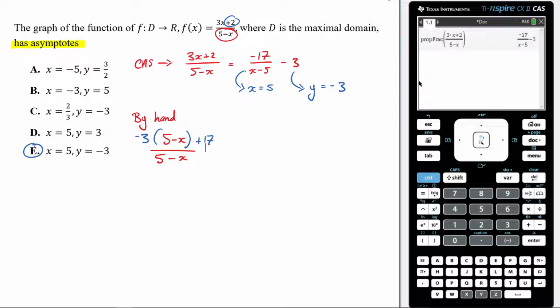And as you can see, what I have here is the same thing as 3x plus 2 over 5 minus x. They're the same thing. It's just that I've written it differently. And the reason why we've written it differently is because now I can write this as follows. I can write this as 5 minus x, 5 minus x,